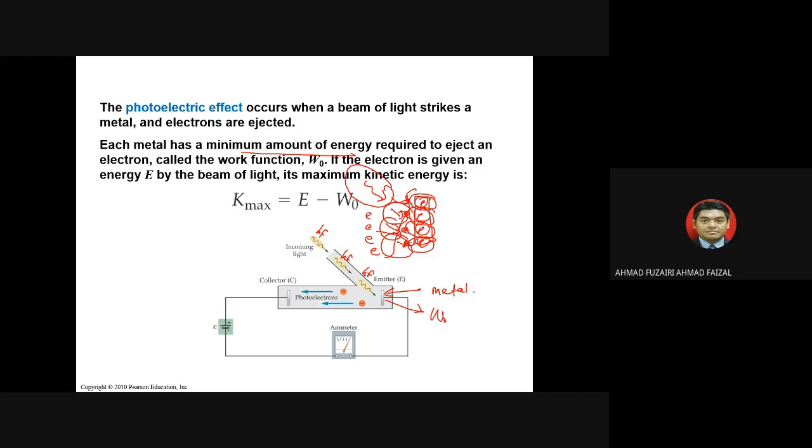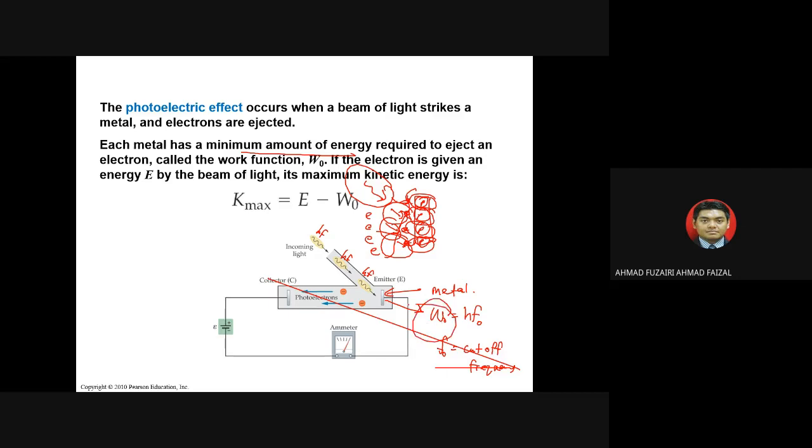Okay, so what is the equation of the work function? The equation of the work function is h f naught, and f naught is what we call the cut-off frequency, meaning the frequency at which the electron will be released. So if you want to eject the electron, you must have a cut-off frequency. What is the cut-off frequency? Then you need to measure. You need to know what the